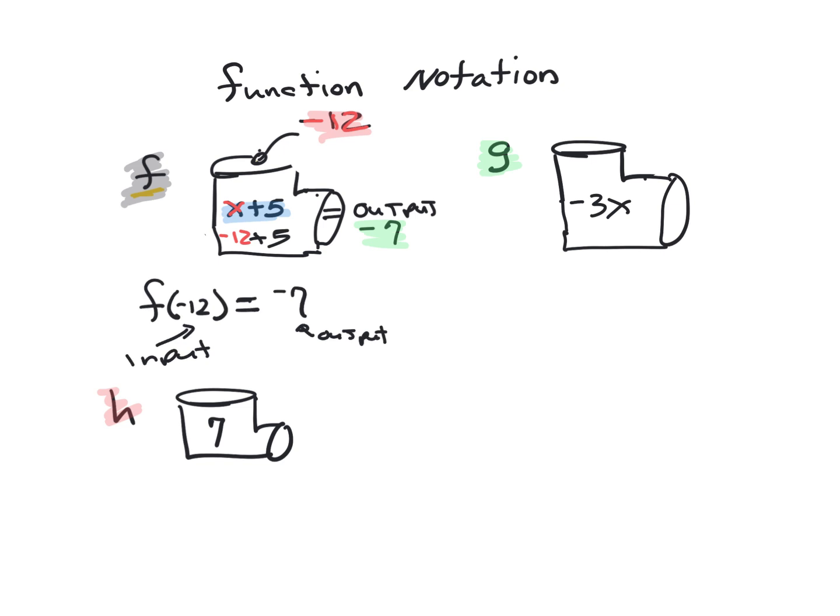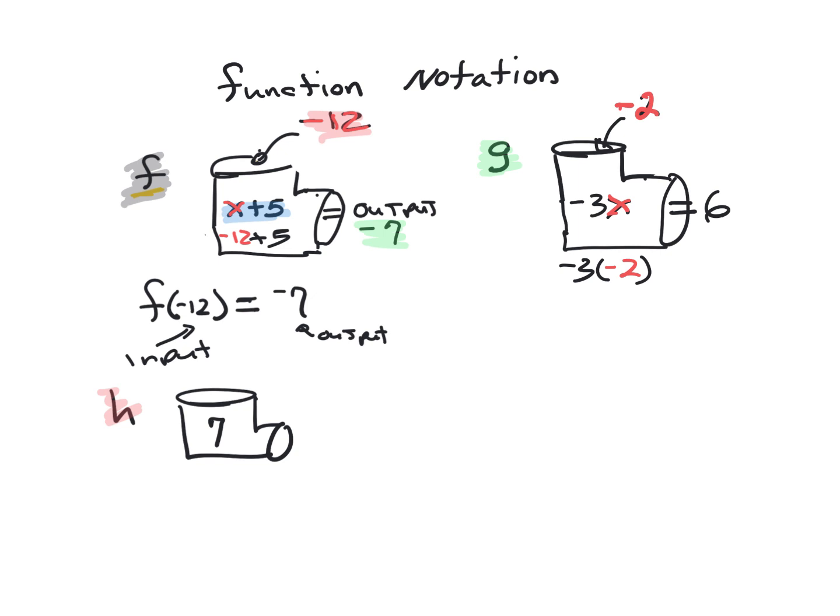Let's look at the next one. What if we drop into this machine a -2? So remember, this means -3 times the input. The input is your X, so that means X gets replaced with -2. So that is -3 times a -2 because they asked us to replace the X with -2. And a negative times a negative is a positive, so that means a +6 is going to come out of